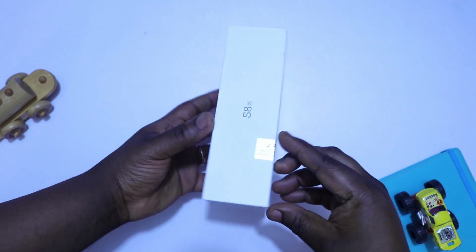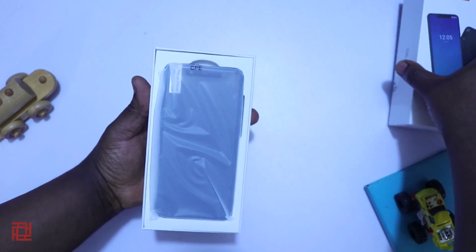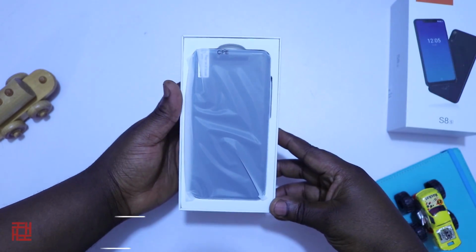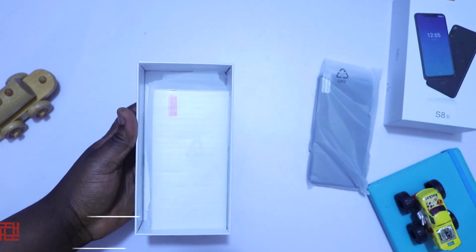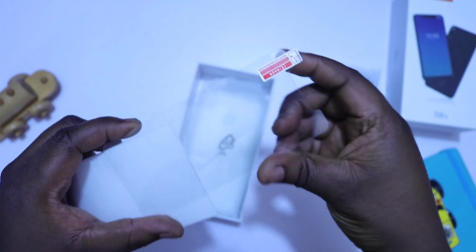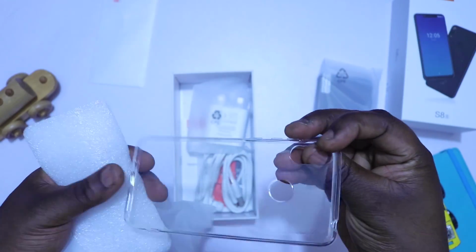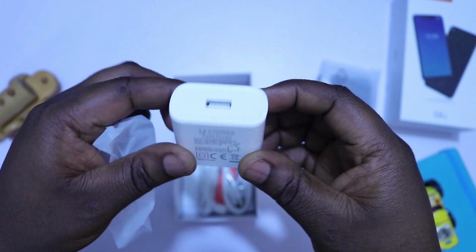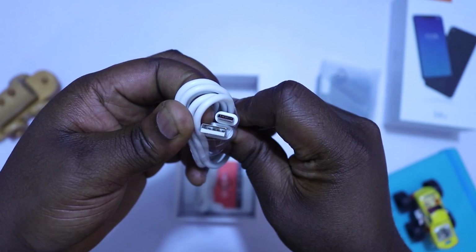The Gionee S8s comes in a pearl white box that looks quite nice. Opening the box, you're presented with the phone on the top, and let's set this aside and take a deeper look into the box. Next thing we're presented with is a screen protector. This is a tempered glass, so it should offer some real protection to your screen. Next up, we have a transparent silicone case. Underneath all this, we have the 5-volt travel charging adapter, a USB-C to USB-A charging cable, a pair of earphones,